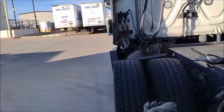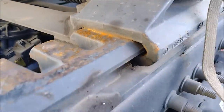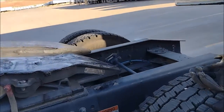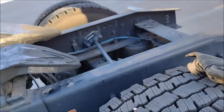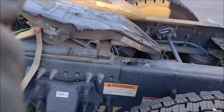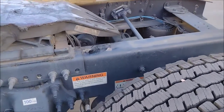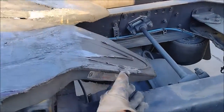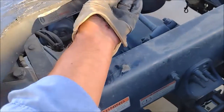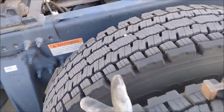First, I needed to make sure that rust is not going to hurt me if I make a mistake. The first thing you have to do is make sure everything is working right. So I put on the heavy duty gloves to do some tests with my own hands. That's what the manufacturer wants you to do. Can you lift it? Yes, you can lift it with your own hand. Okay, it is loose from here. When you look under,